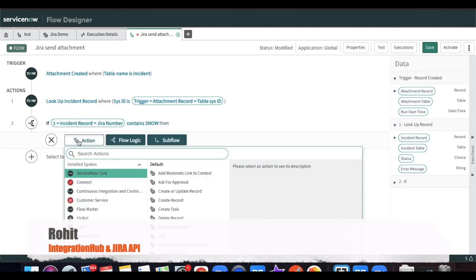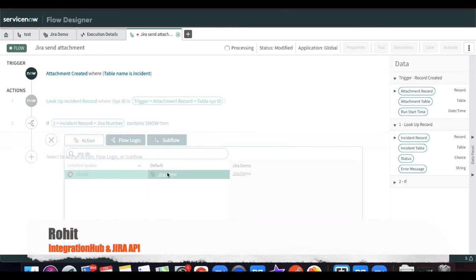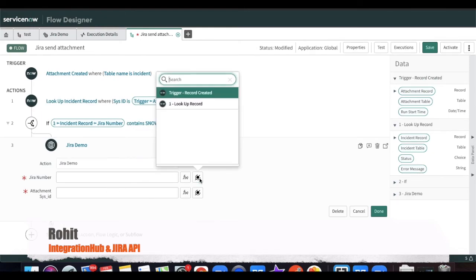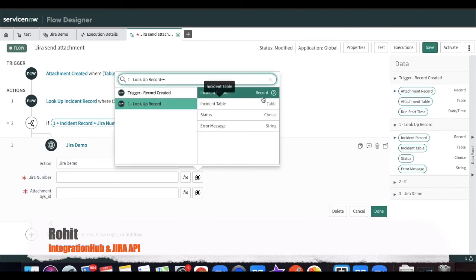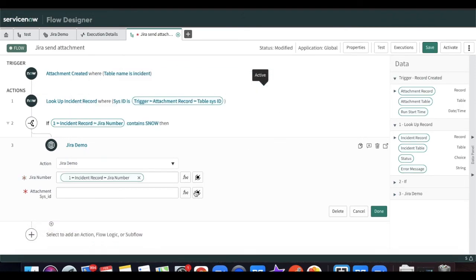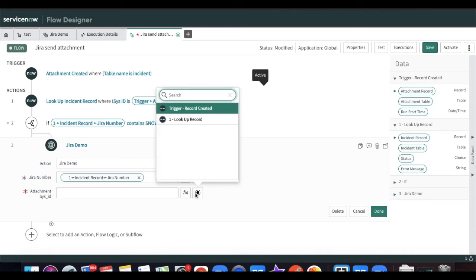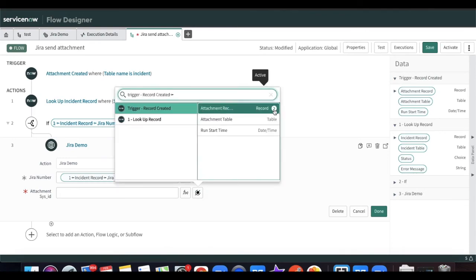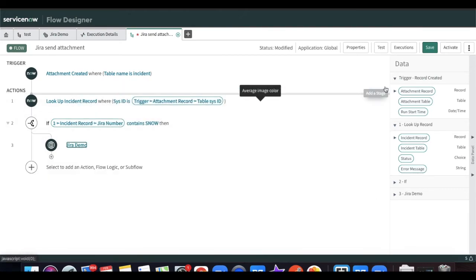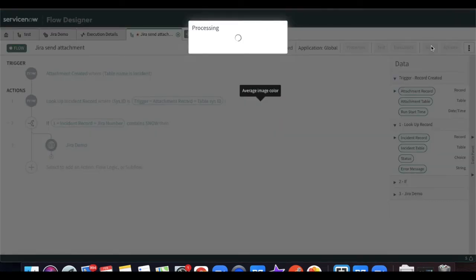Now we are going to put the Jira demo, that we are going to call this API, and this API will send the data. Now I need the Jira number. To get the Jira number, call the lookup record and then Jira number, get that, and then table attachment sysid, for that trigger attachment record sysid. That's it.